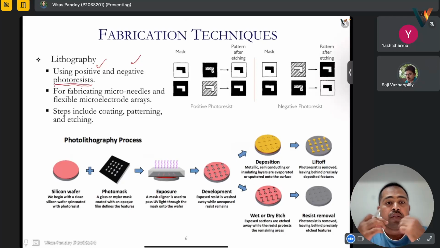Okay. It is a technique used for fabricating microneedles and flexible microelectrode arrays. The steps include coating, patterning, and etching. So, steps we'll see first. Let's be clear with the mask. Mask is the pattern. Okay, so it is something like, suppose that